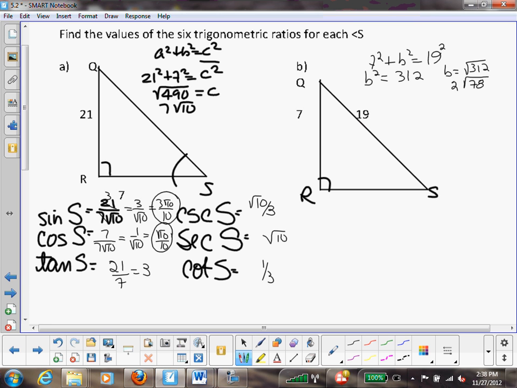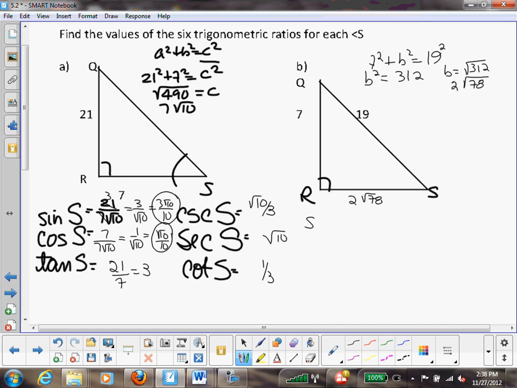Do we know how to simplify that down? Or does anybody want me to show them? Do you remember? Or not? No? So 312 is a product of 2 and 156, which is a product of 2 and 78, which is a product of 2 and 39, which is a product of 3 and 13. So I only have one set of 2's. Oh, okay. But this makes sense? Okay. All right. So then we set up and we do all of our